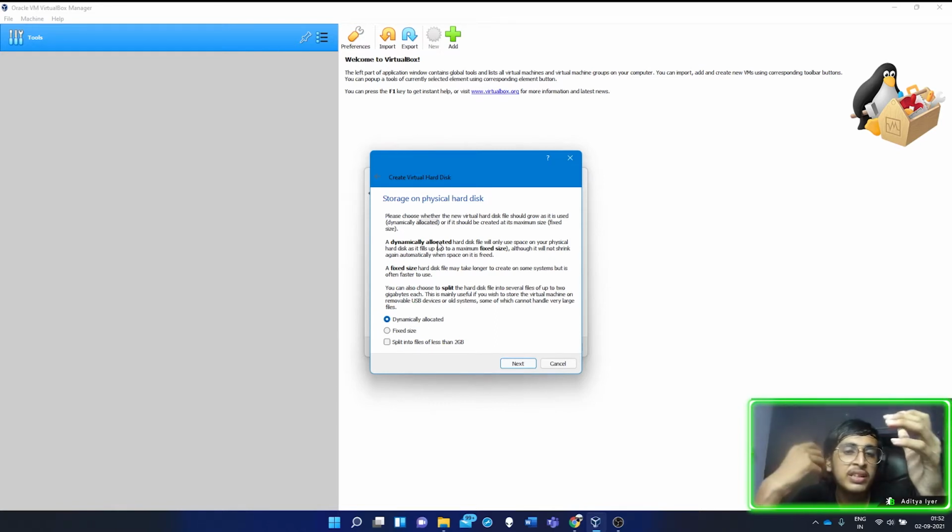So that's the reason why dynamically allocated is not preferred unless you're using it for very casual purposes, like if you're installing Linux for running code on Code::Blocks or for your college purposes, then yeah, go ahead with dynamically allocated, not a problem. But if you're running Unity engines, if you're running Gazebo simulators and other 3D rendering software, Blender, I'd recommend using a fixed size virtual